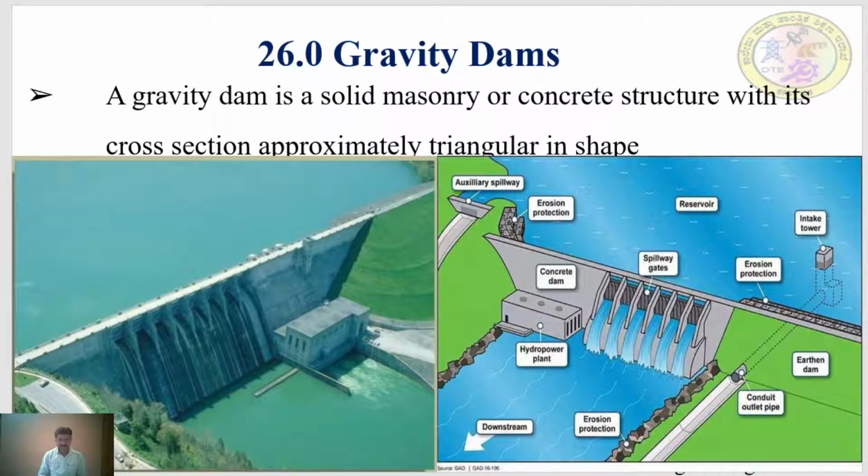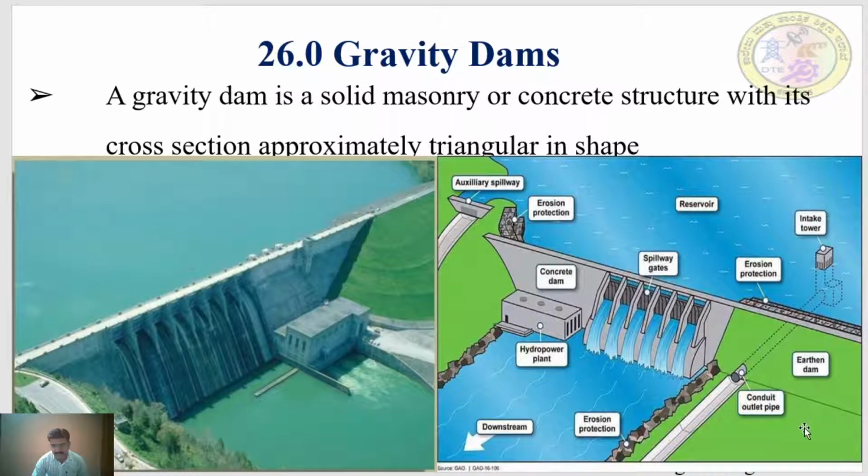This is the pictorial representation which shows the gravity dam, where on the upstream side water is stored and on the downstream side tailwater is present, and spillway gates are provided. This is the reservoir, and this is the erosion protection.